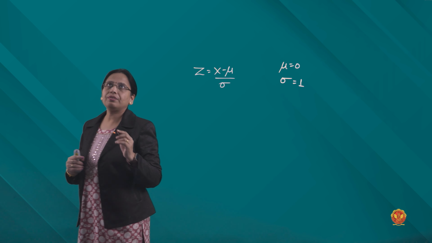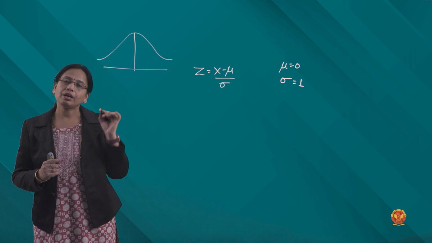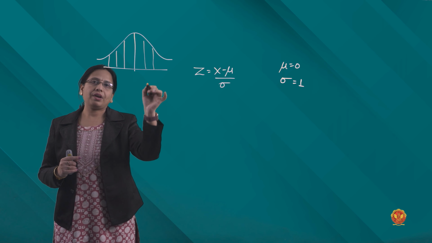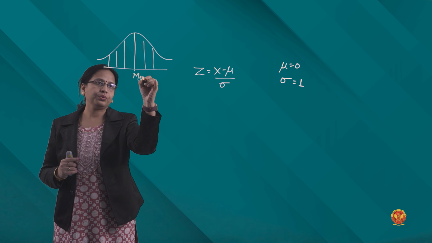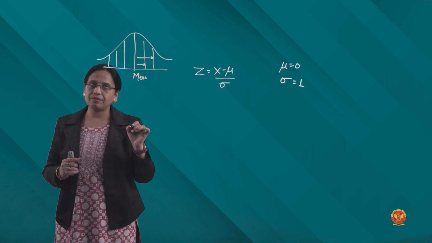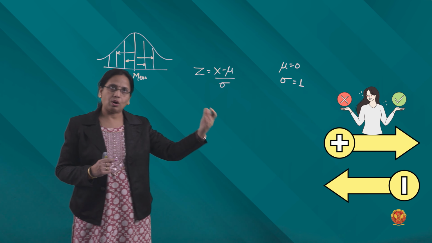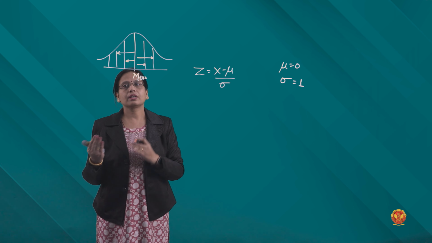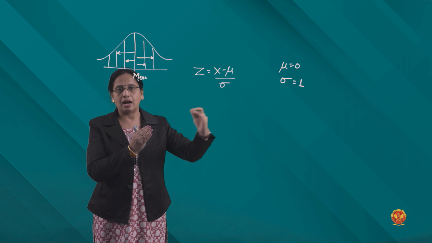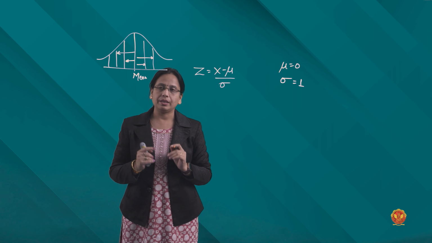For example, if I plot a graph like this, the normal distribution graph, and if these values are the values of x which are away from this mean value, then how much is it away from this mean value? Maybe in the positive, maybe in the negative, either forward or backward. Which direction it deviates from the mean value, varies, how far it goes, far forward or far backward, that is taken care of by this.